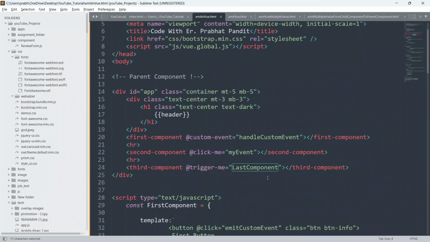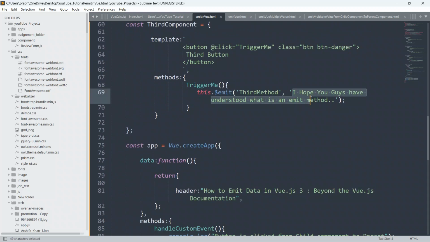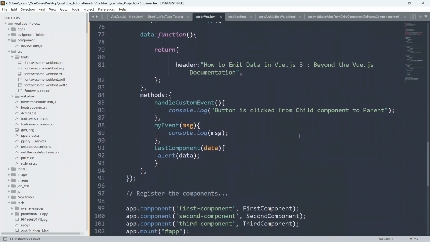You can see this is the method last component, which is triggered by this custom event trigger me. I am sending one payload also, so I will receive this payload in the parent component. I'll say data as a parameter, and I will alert this data to the user whenever the third button is clicked.